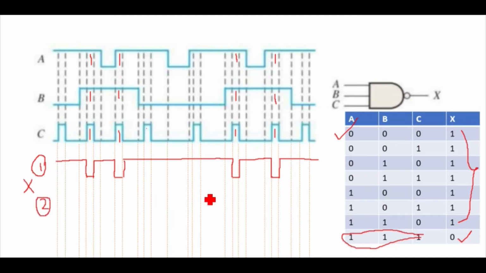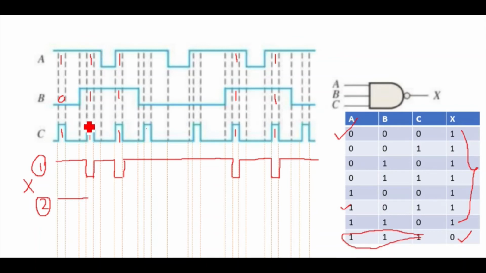Both are quite similar but this one is easier. Here at the first position you can see this is 1, this is 0, and this is 1. So for 1 0 1, 0 1 1, 0 1 1 positions you are getting output 1. At this it is 1 0 1 again, so the output will be 1. At this position A and B are 1 but C is 0, so it will remain 1, because one of the inputs is 0.